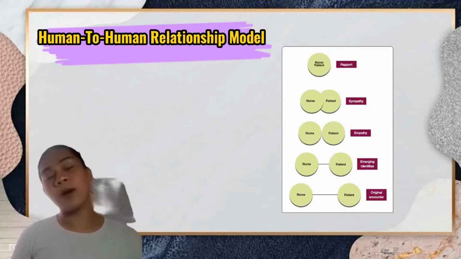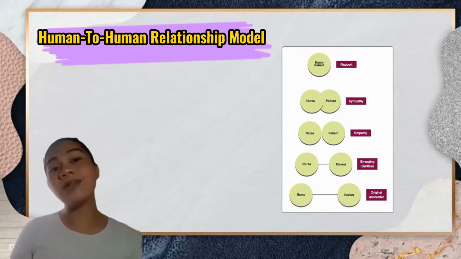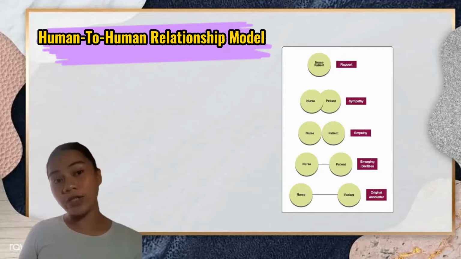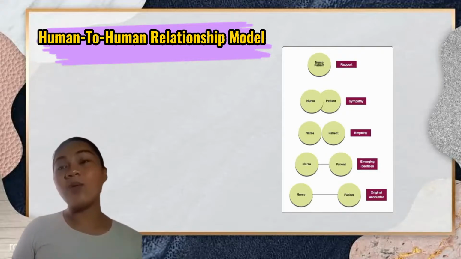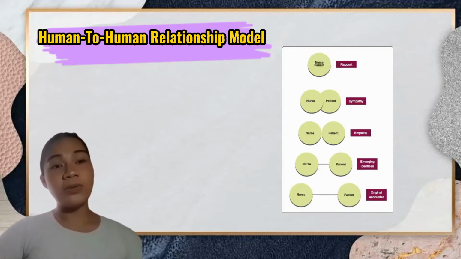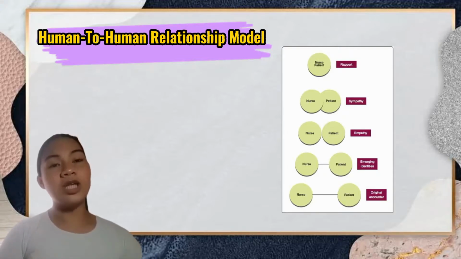We can start from the bottom, from the original encounter of the patient and the nurse. So they will start as strangers, and then they will know each other's identity, and then next they will start to empathize with each other, and then they start to sympathize, and then lastly they will build a relationship, or the nurse will build a rapport with the patient,